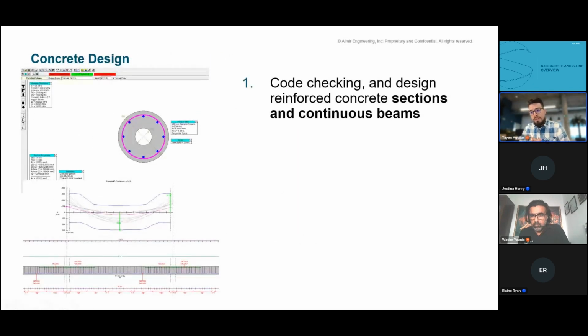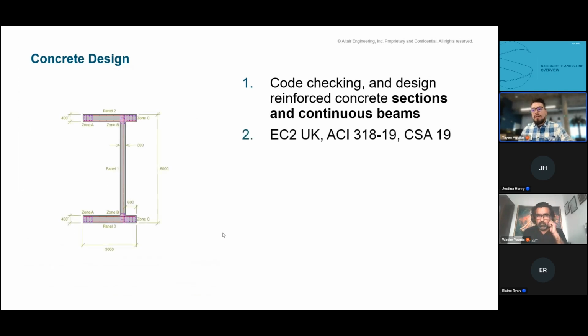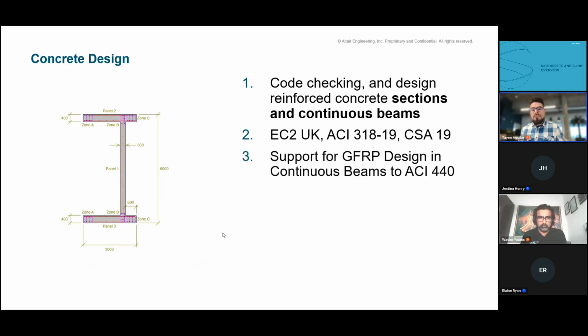When it comes to concrete design, S-Concrete allows you to code check and design concrete sections, and S-Line allows you to design continuous beams of concrete. We have code checking capabilities for different building codes, such as the Eurocode 2, the UK annex. We have American codes like the ACI and CSI. So depending on where your project is based, we have different building codes available to you. We are continuously adding more codes. Now, when it comes to